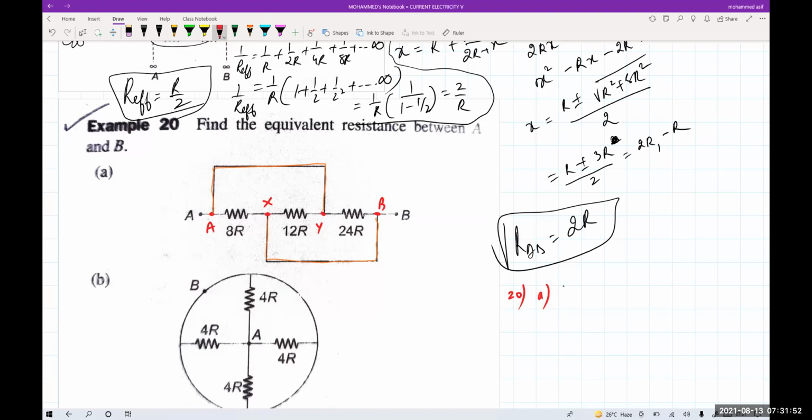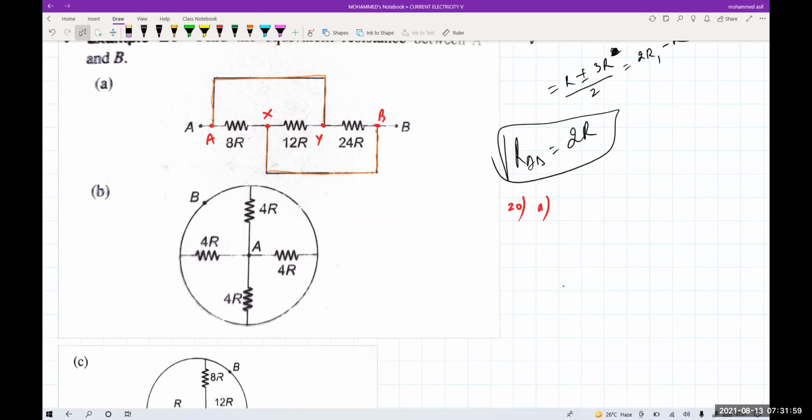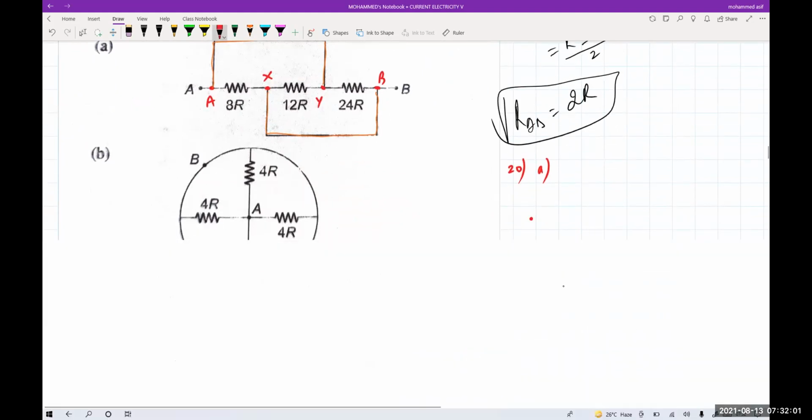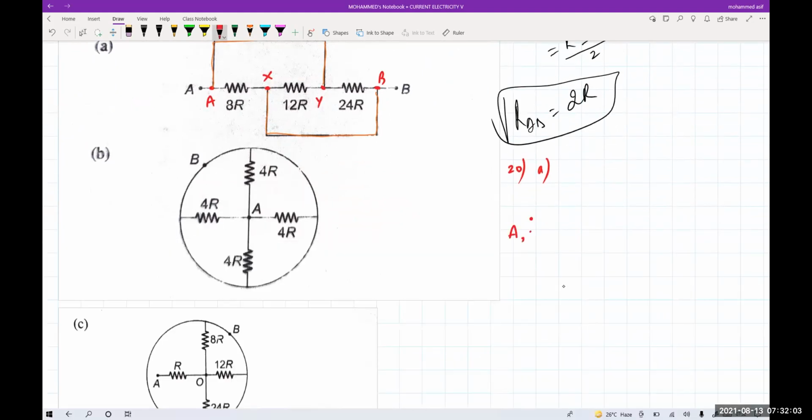So what are the values of that one? X, as well as Y. So this is the point A. I'm taking a diagram. This is point A comma Y. Between A and Y, how many resistances are there? And the last points are B, which is equal to X. Between A and X, there is one resistance.